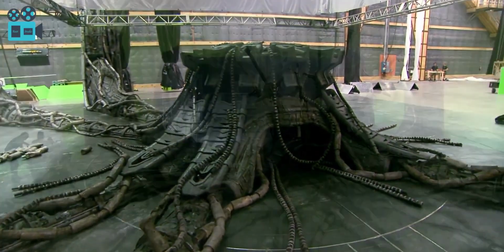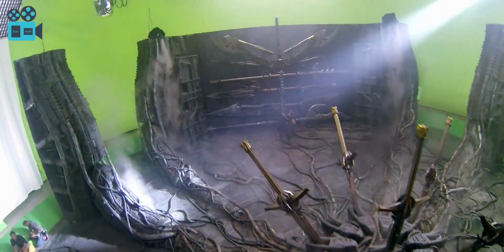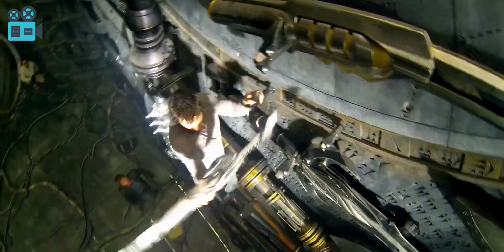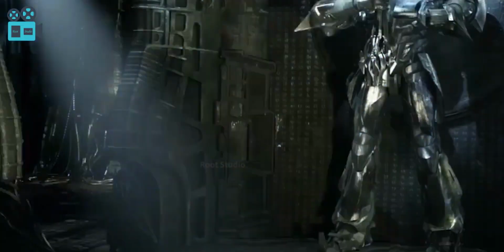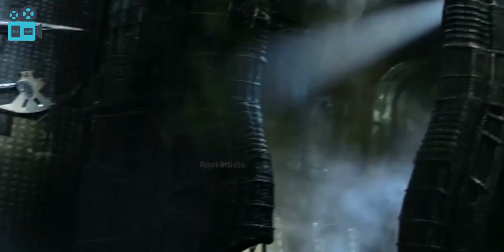One memorable moment is when Cade accidentally comes across Lockdown's weapon. That prop and the surrounding set were fully practical, mounted securely on the studio floor to allow the actors to engage with it convincingly. Once filming on these practical elements was complete, the VFX team at ILM digitally extended the